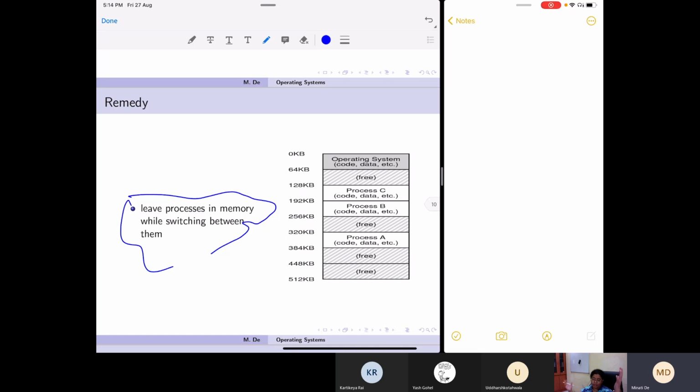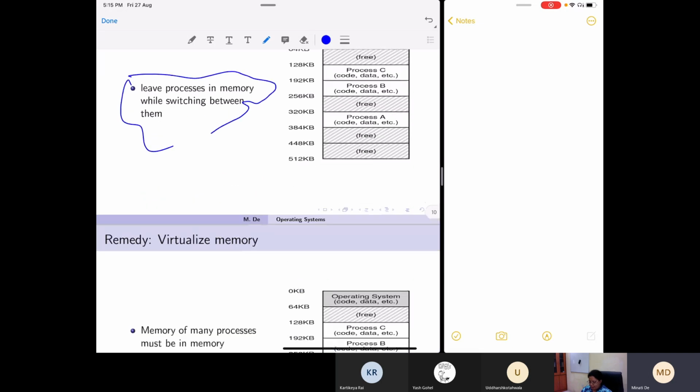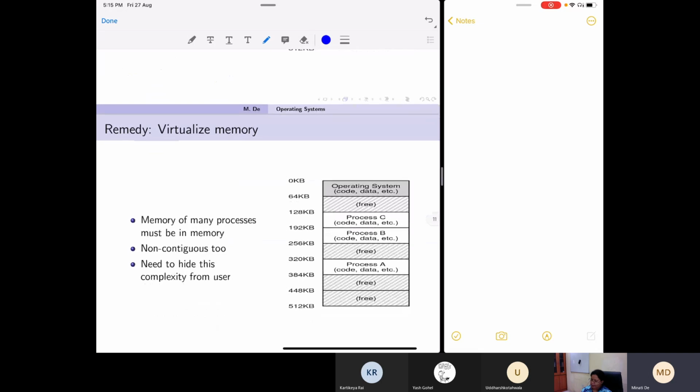Rather, we are actually going to share this physical memory. Many processes at a time are going to access the physical memory, or in other words, the same physical memory. That physical memory is partitioned among many processes. Okay, so that's the remaining. So now basically, if you want to implement such a thing,